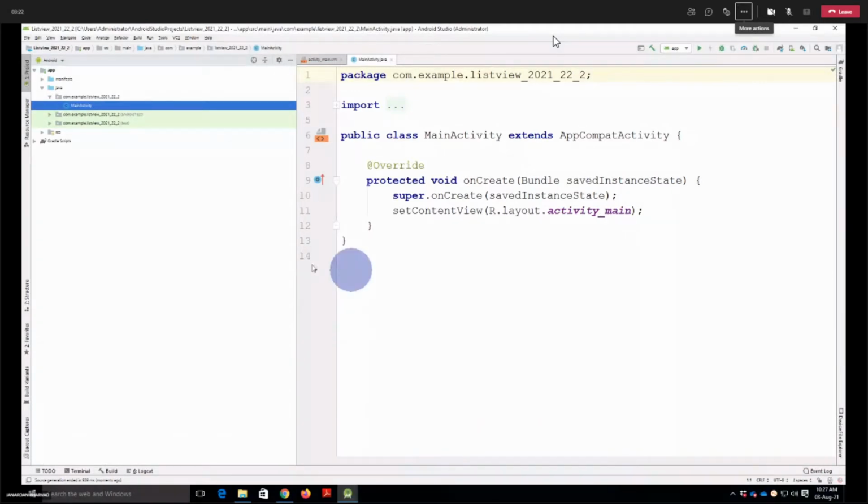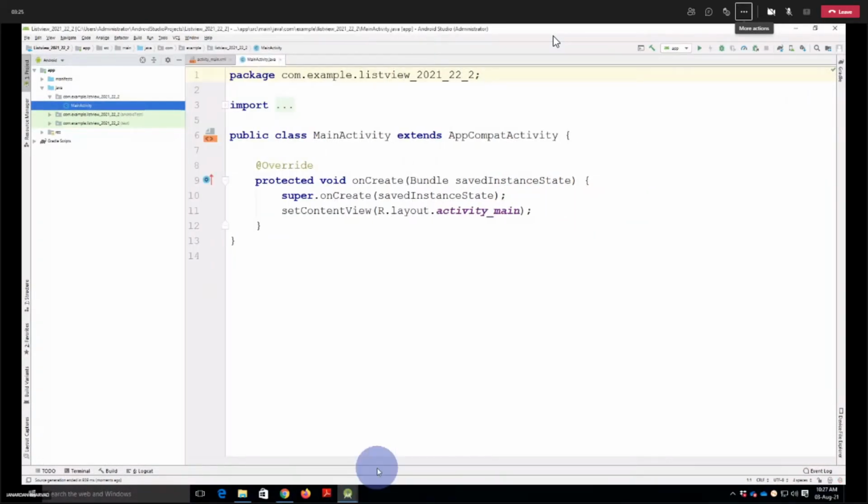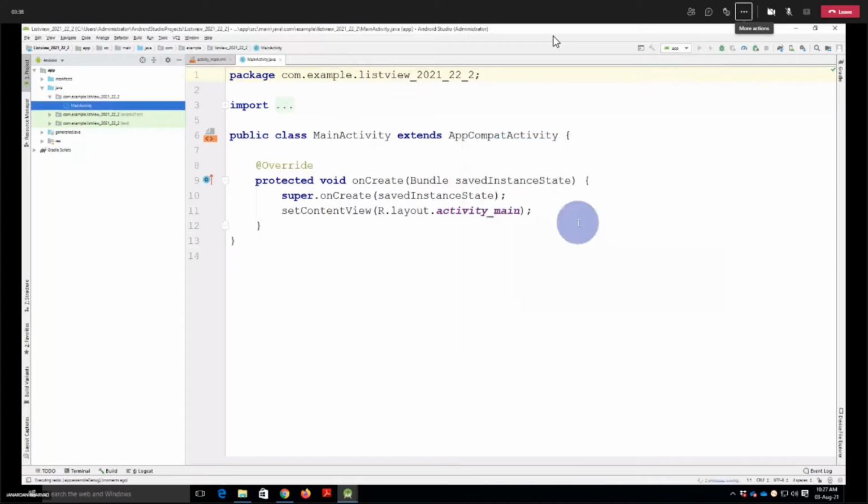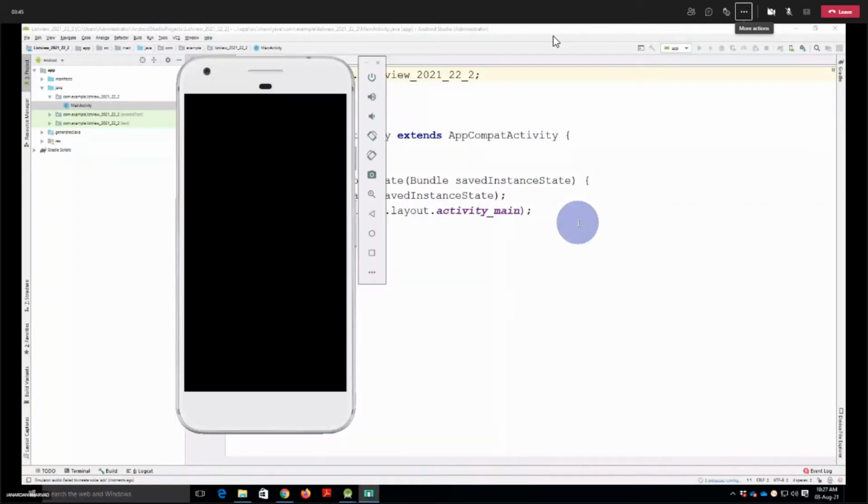Okay, so let me first show you what I want in my application. Basically, I want a list view in which I want to populate some data and I want some click listener as well. कि जैसे ही लिस्ट व्यू आया तो उसमें कुछ ना कुछ आइटम्स आ जानी चाहिए, and if I click on a particular item then it will do something, right? So that is what I want. Let me show you the example for the same.